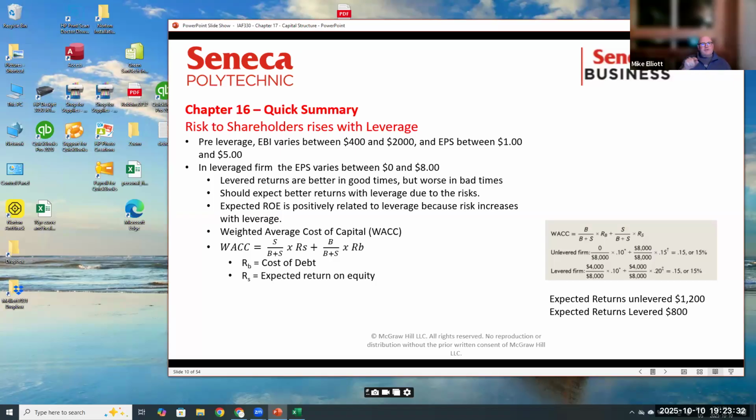The quick synopsis of those 2 relationships is: when you're in a boom time and outperforming, your levered returns will always be better. The flip side of that, if you're in a time when we're not outperforming, we're underperforming, we're in a recession, for example, your levered returns will always be worse. That's what risk is.